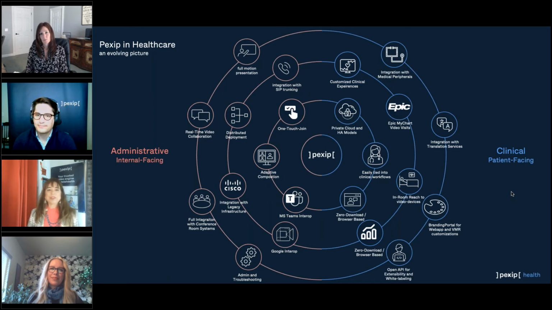So just a couple of our feature highlights are also an integration to Epic and some other EMR systems. Like I said, customized applications development, Microsoft Teams for you IT people that are concerned about that sort of thing. One touch join, we can allow joining from any video system you already have with just one touch, which is very powerful. So in a wrap up, we deliver investment protection,